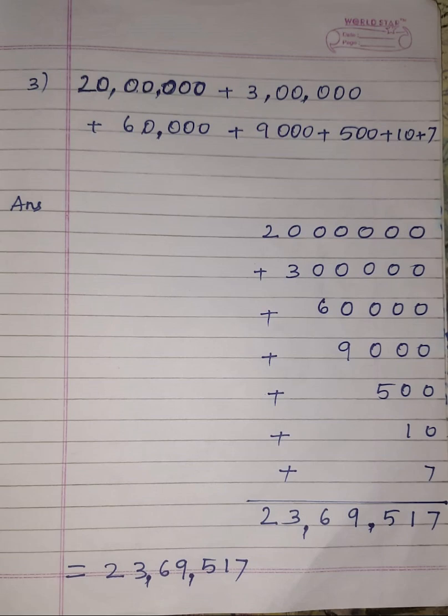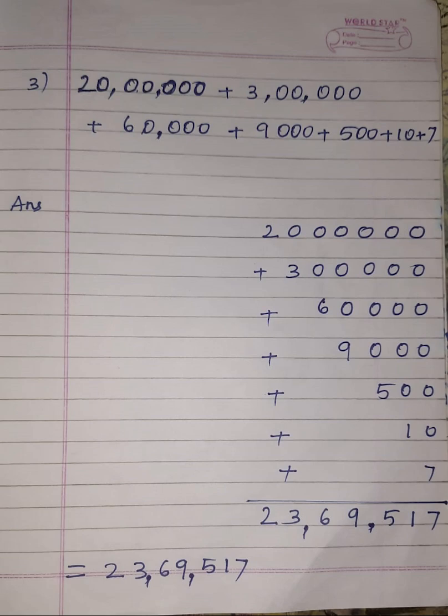We write 9 in the thousands place. Now we move on to 10,000s place, that is 0 plus 0 plus 6, which is equal to 6. Then we move on to lakhs place, that is 0 plus 3 is 3. Then finally we bring the 2 to the final answer. So what we get, children? We get 23 lakhs